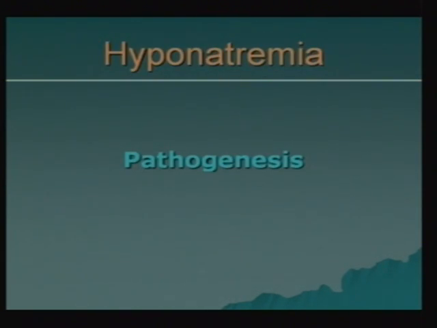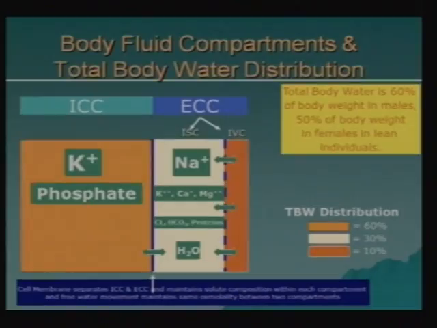Now the next few slides are about the pathogenesis of hyponatremia. In order to understand, it is very important to understand that in the body we have two compartments, the intracellular compartment and the extracellular compartment, and the water is distributed in all compartments. It is only that they differ in terms of concentration of salts like sodium, potassium and calcium, phosphorus. Phosphorus and potassium are the main intracellular cations, while sodium, chloride, calcium, magnesium, bicarbonate and protein stay in the